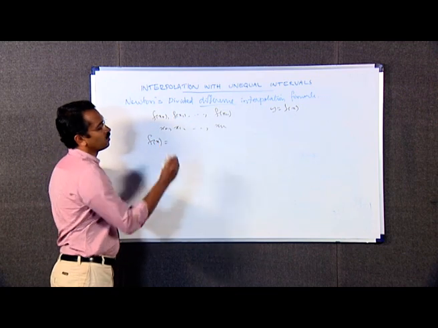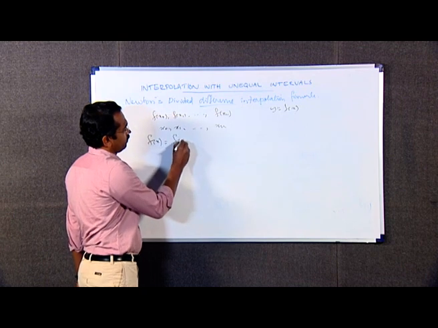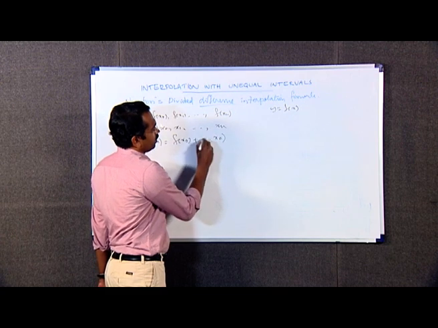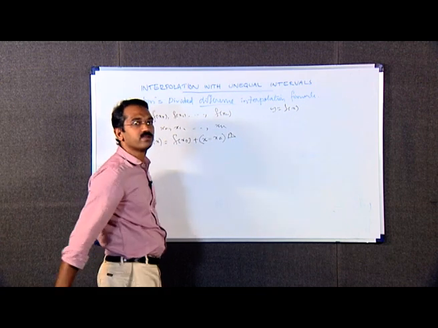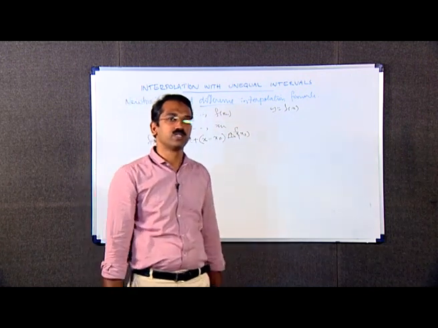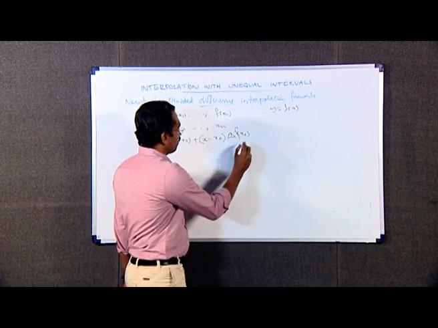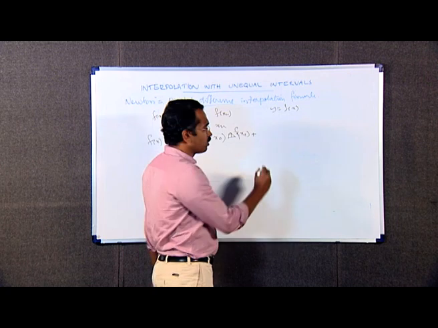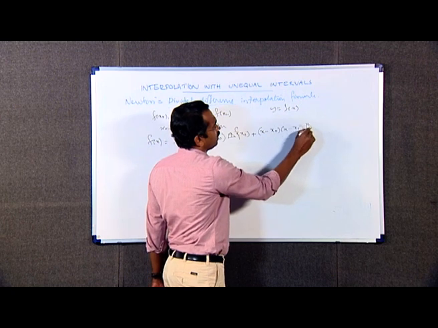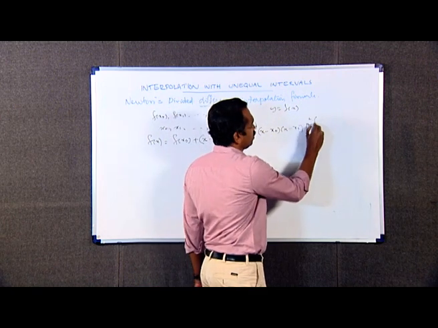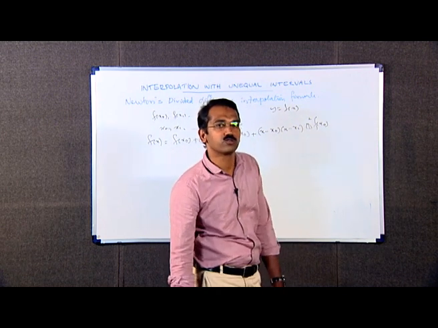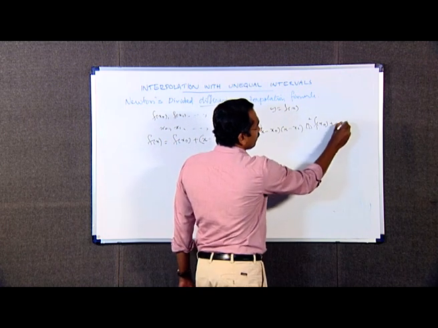f(x) is equal to f(x0) plus (x minus x0) into divided delta f(x0), that is the first order divided difference between the arguments x0 and x1, plus the next term is (x minus x0) into (x minus x1) into divided delta square f(x0), that is the second order divided difference between the arguments x0, x1 and x2, plus etc. plus